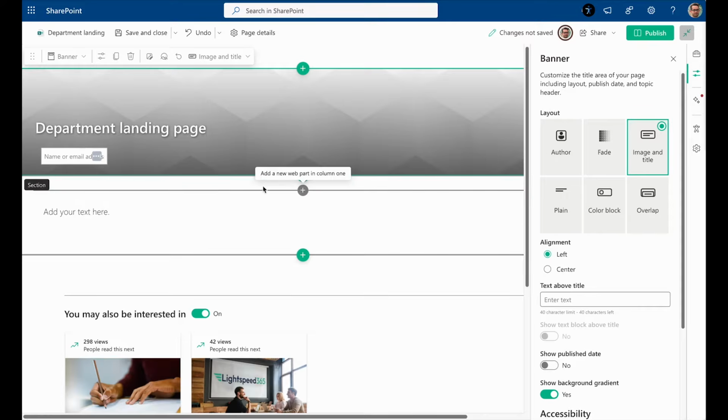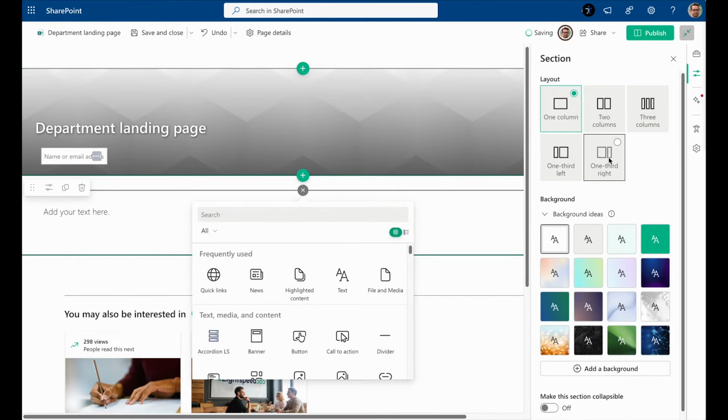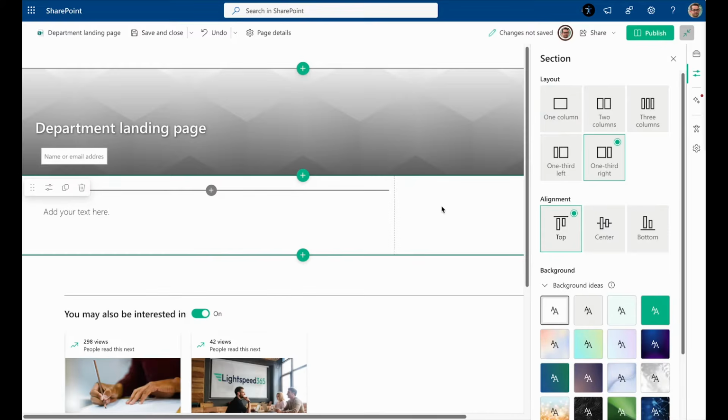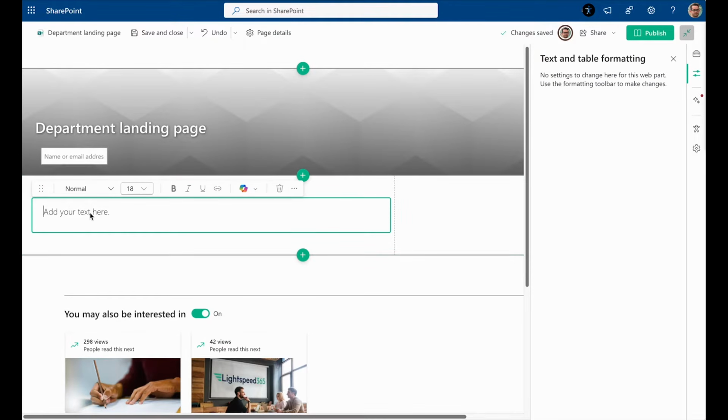Okay, and then this section here I'm going to want to modify. I want to make that one-third right because I want a right column, so I'm adding that column in on the right. I do want some intro text, but what is useful to do here is add some placeholder text that the publisher who's using this template will see, and sometimes you can give them instructions in there to help them make the right decisions about what to do.